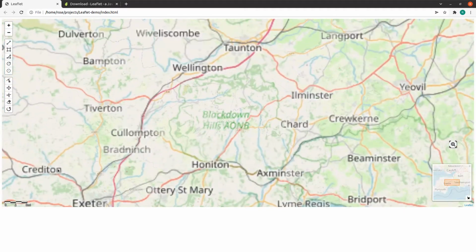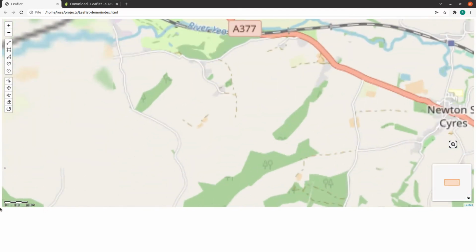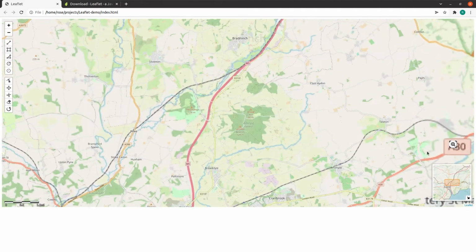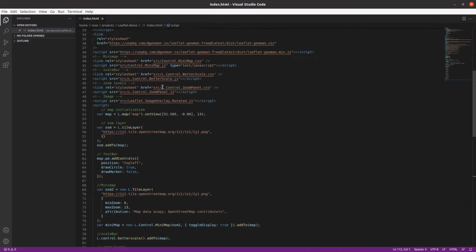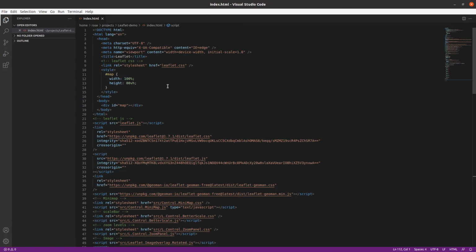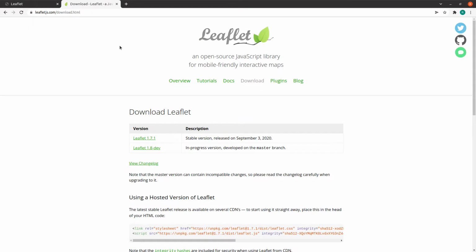And also we have one scale bar over here, so that we can see the scale of the image. This is done by a simple HTML file, that is this is a simple HTML tag that we have, and here you need to import the style sheet for leaflet, that is leaflet.css and leaflet.js in your HTML file. And these files you can get from the official documentation of leaflet. There you can find the leaflet over here.